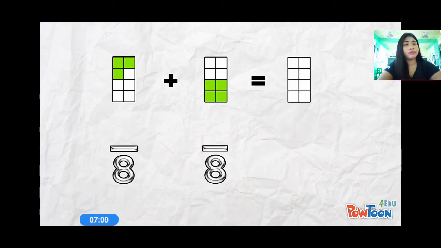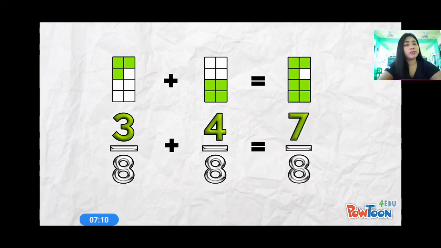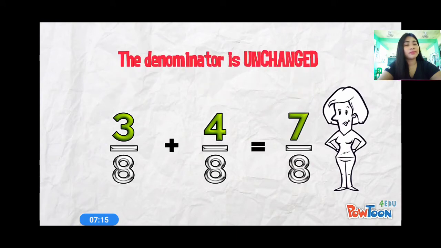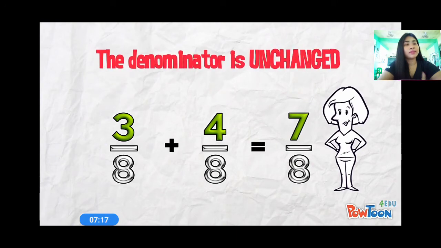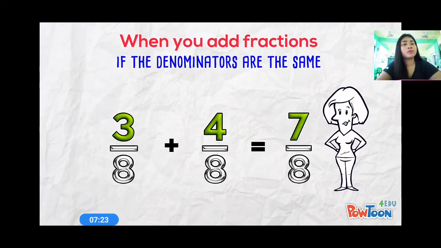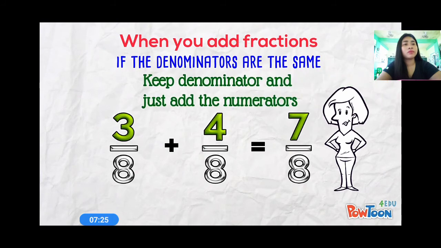We add the shaded parts to find out how many parts we've got, and that's going to be our numerator. 3 plus 4 is 7 parts out of 8. If I remove the model and we just focus on the fractions, you can see the denominator is unchanged. It stays as parts out of 8. So you can see, when you add fractions, if the denominator is the same, you keep it and just add